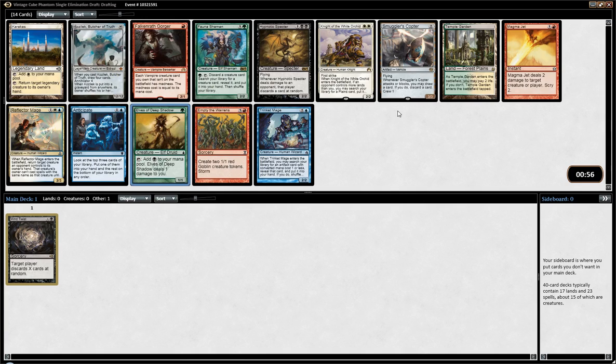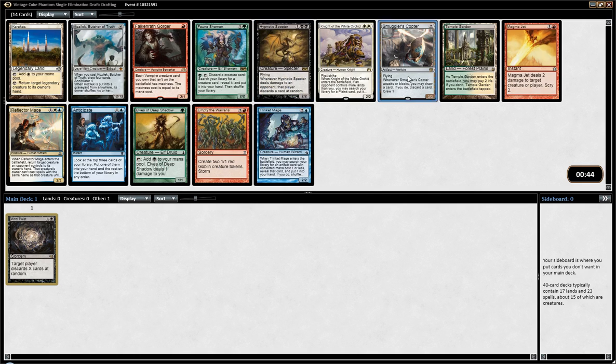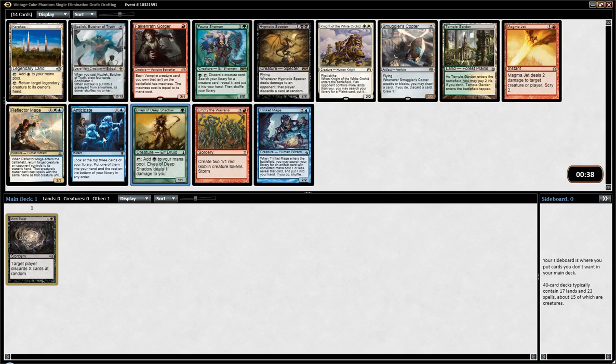Could pick elves. Hypnotic Spectre is fine, but not that great. There's a lot of removal in cube, so it's pretty hard to get a hit with that. Copter is fine, but I don't really think it's gonna be a better option than elves right now. Anticipate and Trinket Mage could be decent. Overall, I think this is a very low-powered pack. It would be probably fine in Legacy Cube, but in Vintage Cube it really feels underpowered,